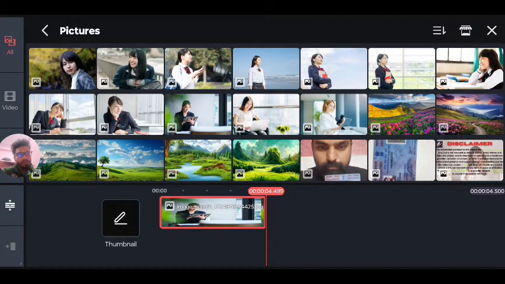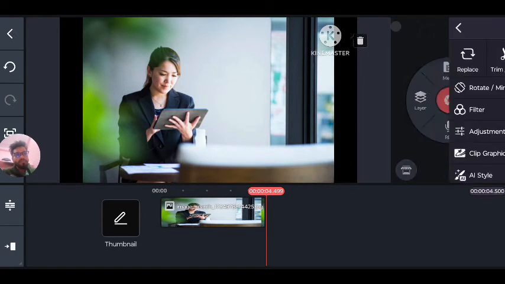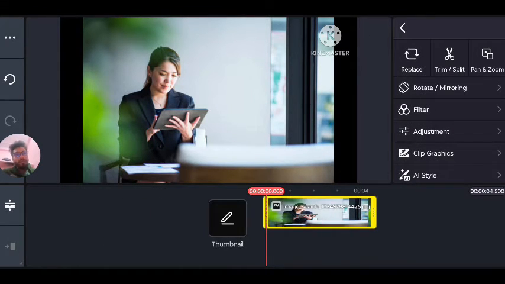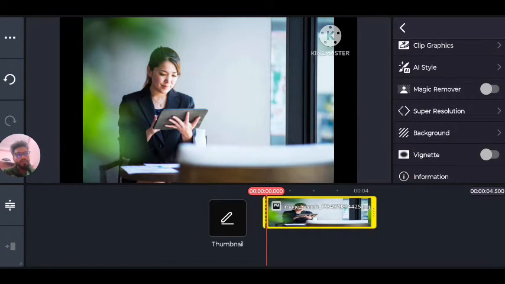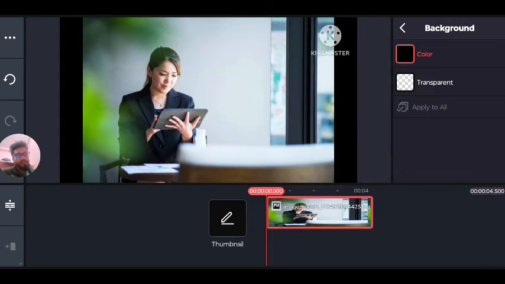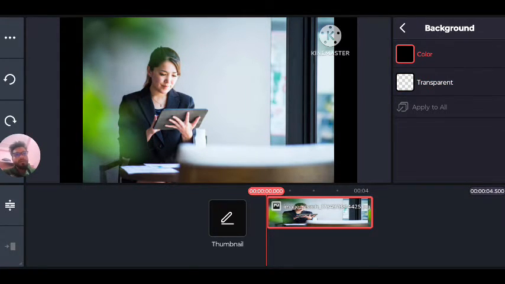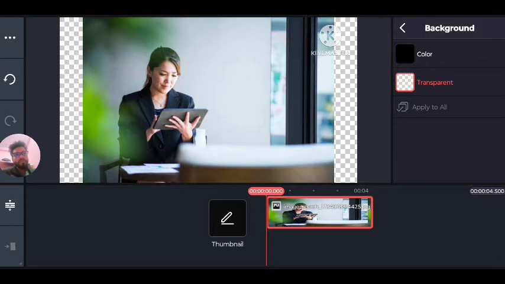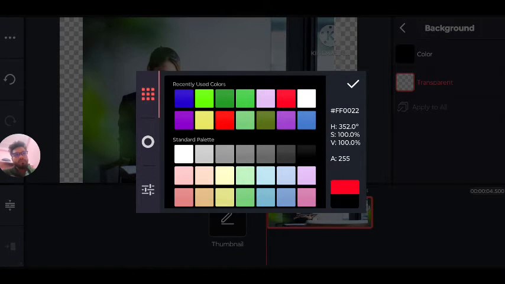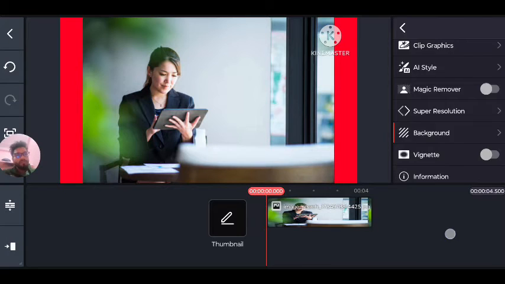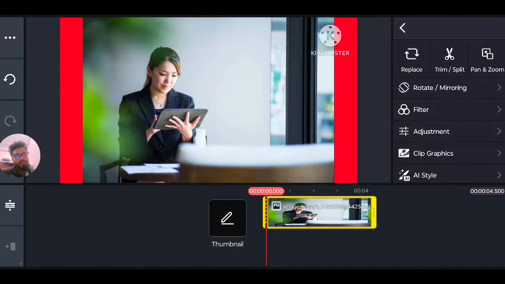So I am selecting this image and then click here, and first of all you will manage your background like this, then you will click here and click on adjustment